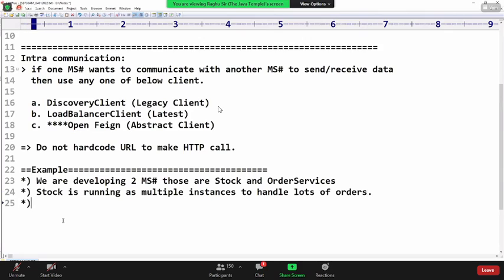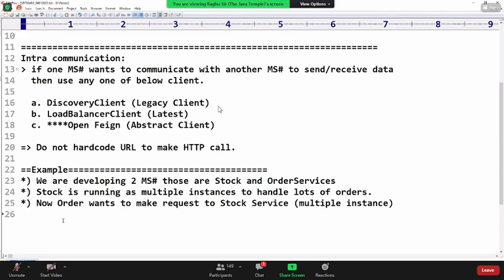Now order wants to make a request to the stock service, but there are lots of instances at the stock service. Every time, every instance's IP and port number is different in real time.